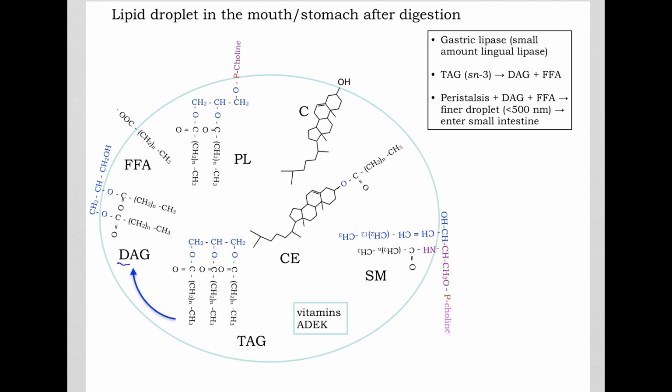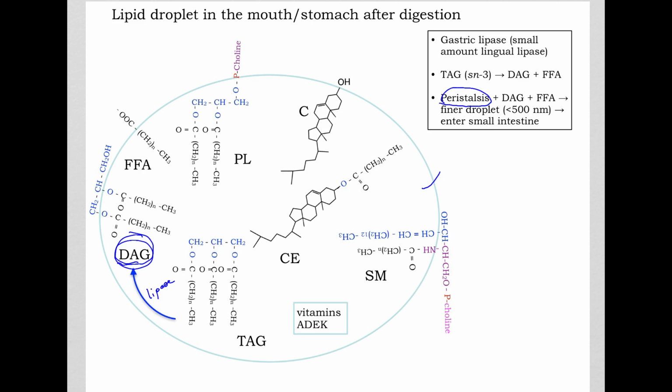So as more and more of this surfactant diacylglycerol is formed due to the action of the lipase enzymes, this surfactant concentration will increase, and together with the movement of the food due to peristalsis,